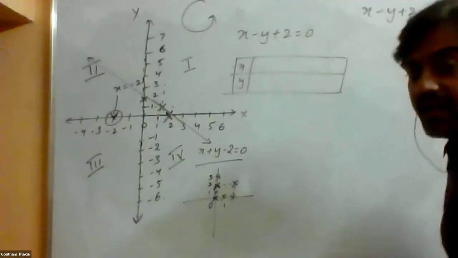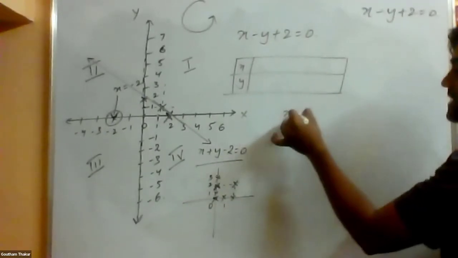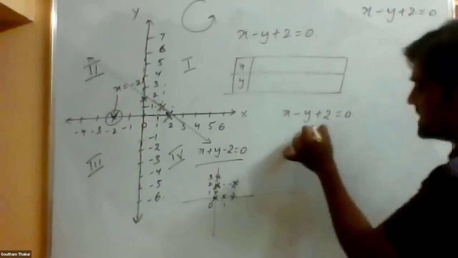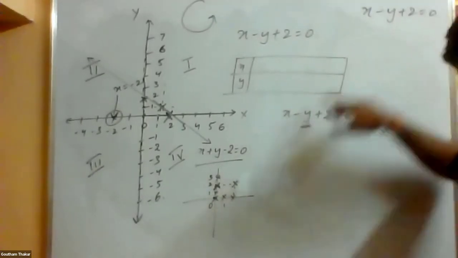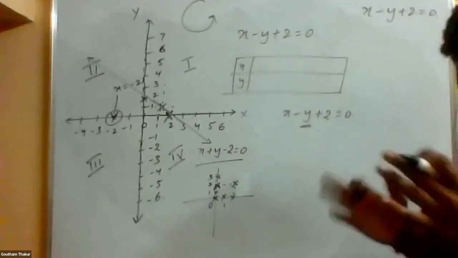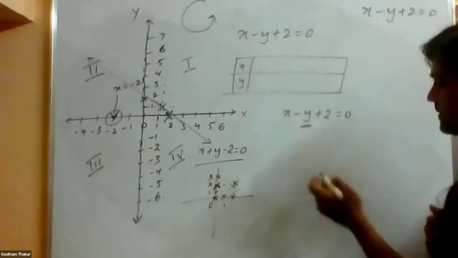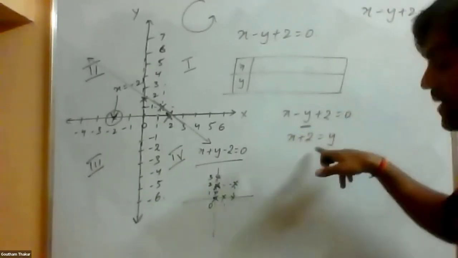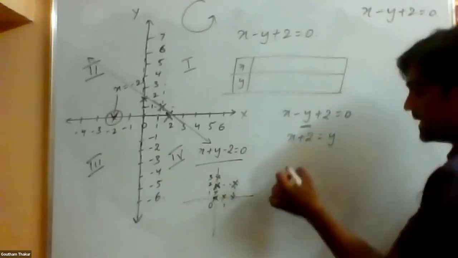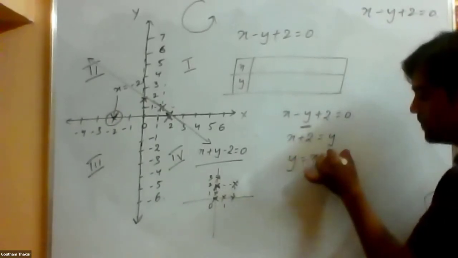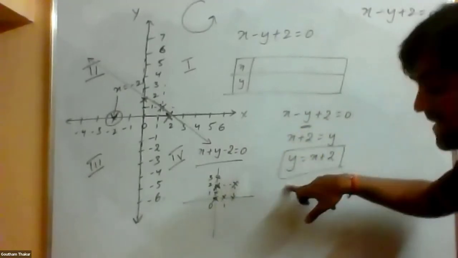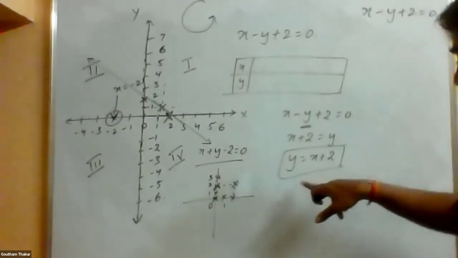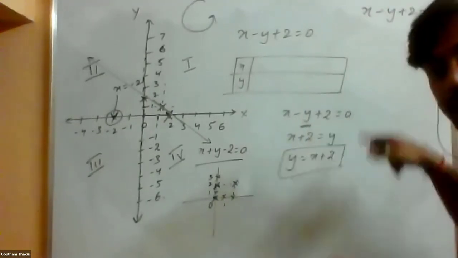See, beta, you people are again getting confused. If you want to reframe this, x minus y plus 2 equal to 0, the value which is negative, shift that value to the other side. Your problem will become simpler. That is, x plus 2 is equal to y. Now I have the expression in a different way, that is, y is equal to x plus 2. My values of y are dependent on x now. Okay, Satvik, perfect.